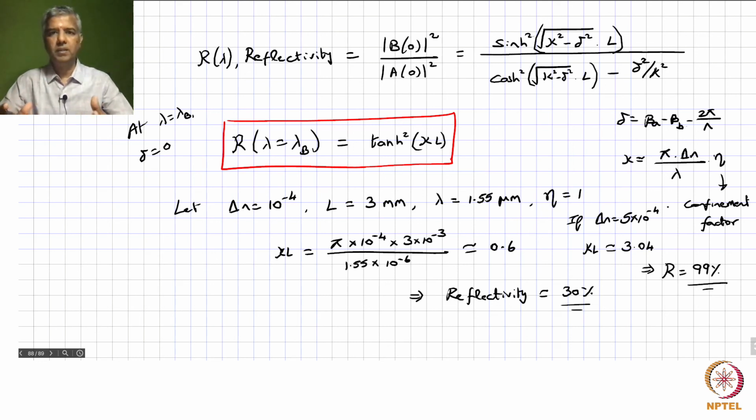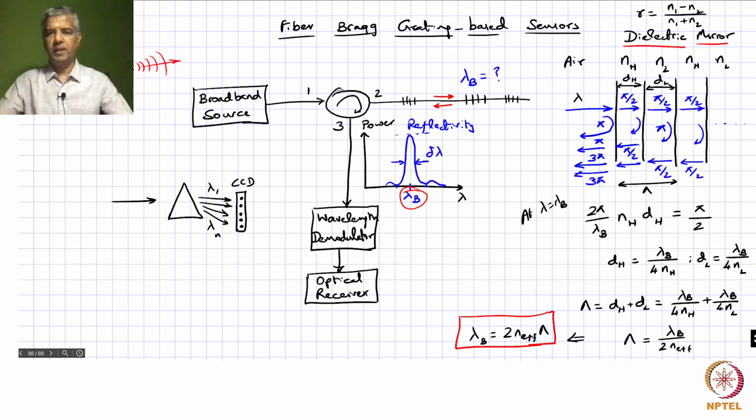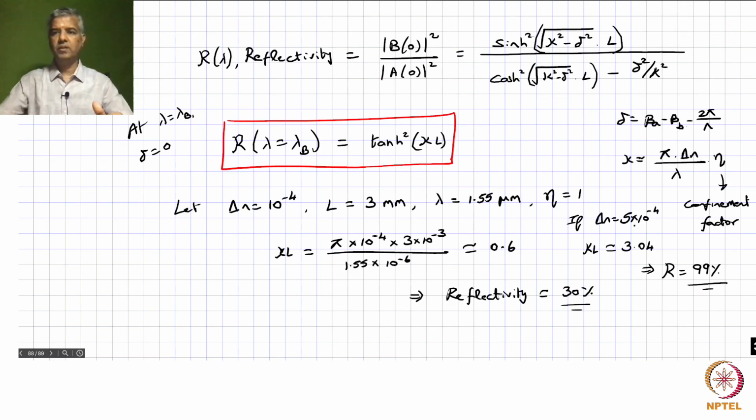To put this in perspective, if you are talking about a dielectric mirror, when we are talking about NH and NL, NH is typically like 2.32 and NL is like 1.38. So, you have a fairly large change in the refractive index, and compared to that, this is much smaller, delta n 5 into 10 power minus 4, but still we are able to get reflectivity as good as 99%, and that's because of the fact that when you think about the period when you talk about a Bragg wavelength